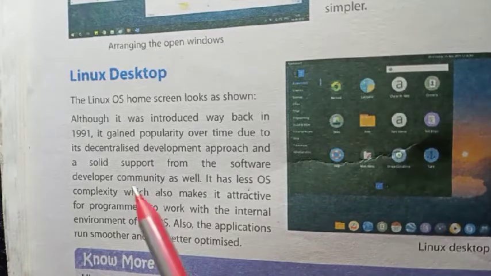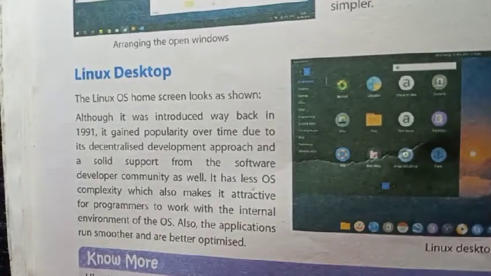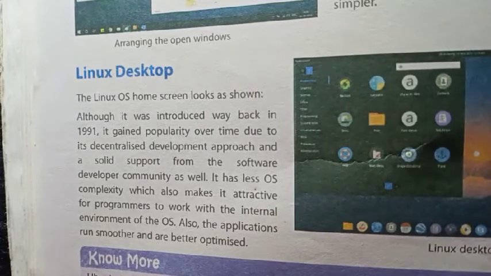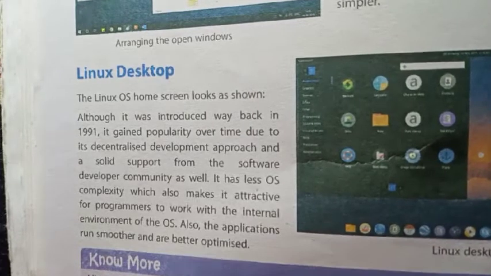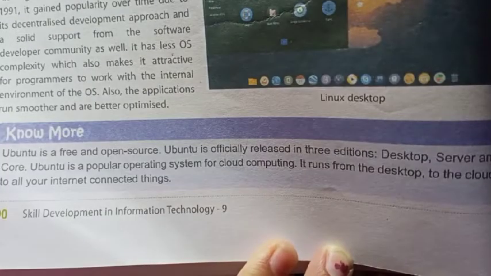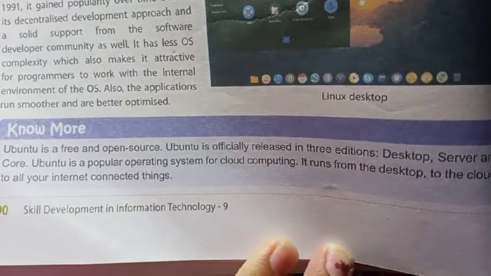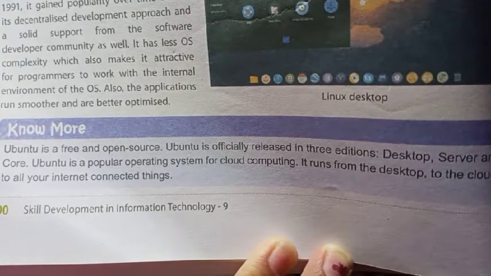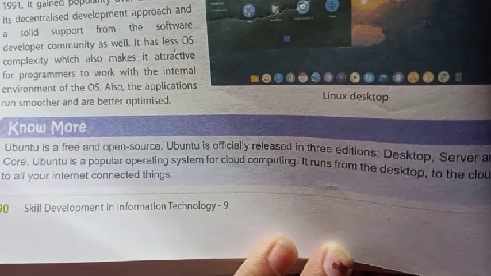In Linux, the most commonly used edition is Ubuntu. It's free and open source. Ubuntu has 3 editions: desktop edition, server edition, and core edition. Ubuntu is very famous because of its cloud computing capability.